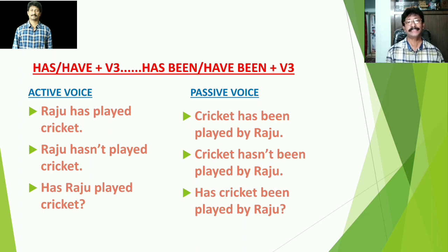Now look at the second sentence. Raju hasn't played cricket. What is the difference of this sentence with the first sentence? Just not has been added. Since not has been added, this is a negative sentence. Then how do we change this negative sentence into its passive form? Naturally, subject becomes an object and object becomes the subject here. So the sentence starts with cricket and it goes on like this. Cricket hasn't been played by Raju. So there is an inclusion of been between hasn't and played here. That's the only difference here.